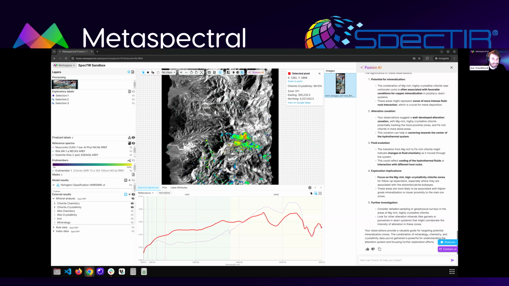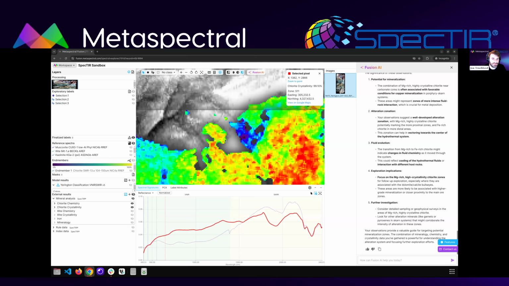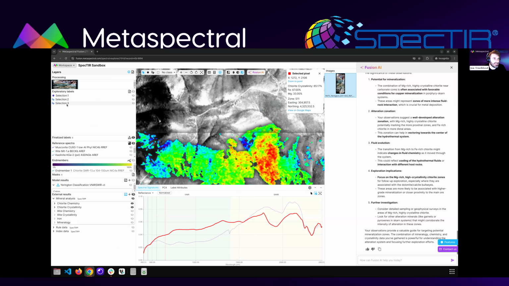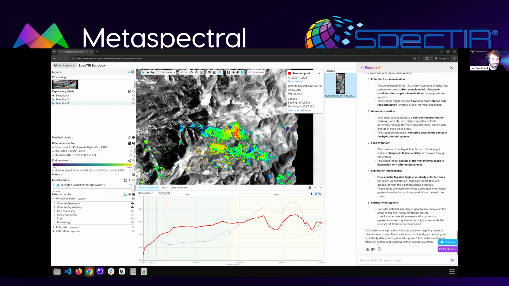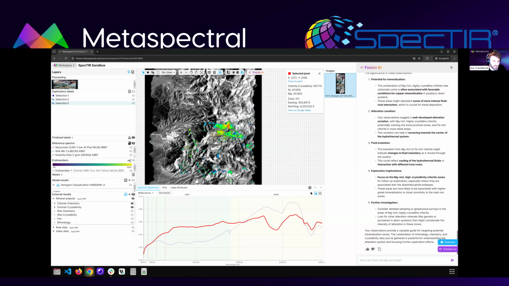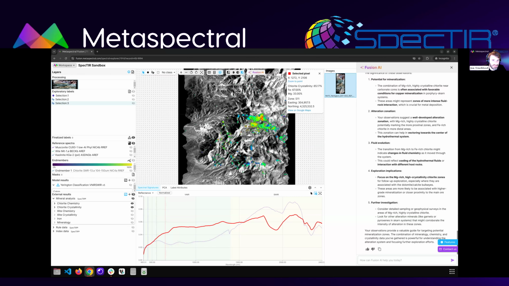And material identification. So let's say you go to a spot, you could right click and you could do identify material. And if you click this cog, you can open up the window to set which spectral library you want to use and the wavelengths that you want to filter by. So there's a lot more here that you can play with. So there's one last thing that I want to show you before we move on,